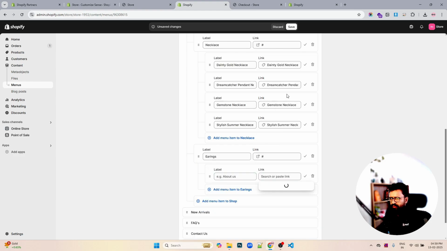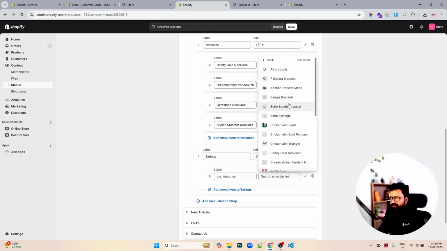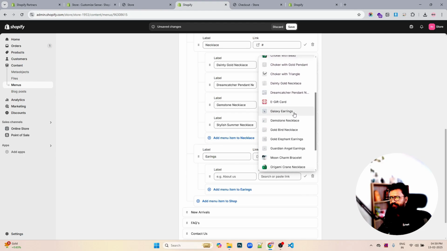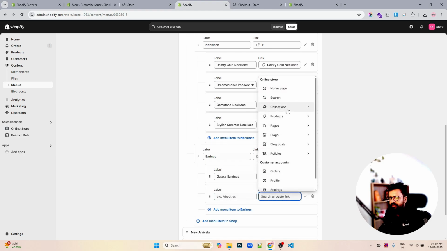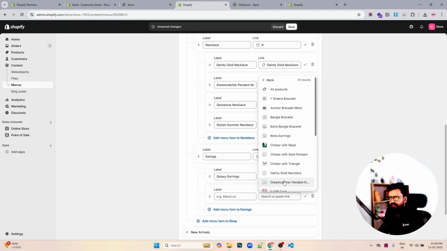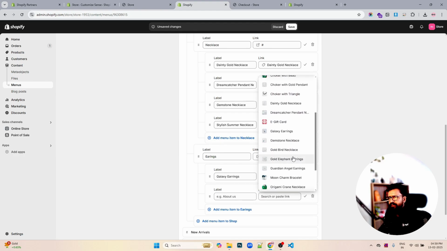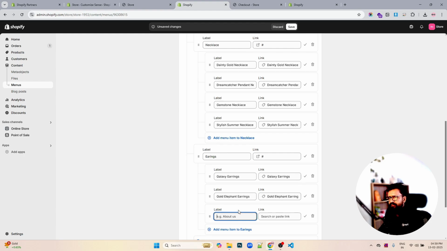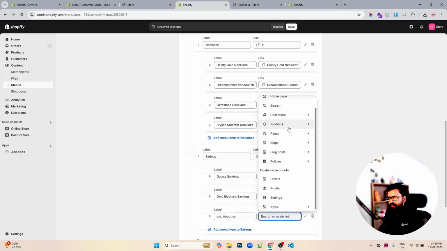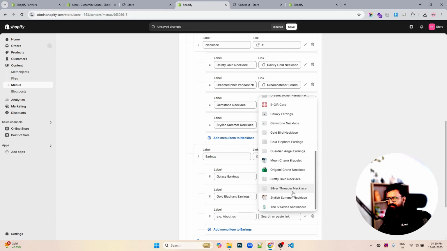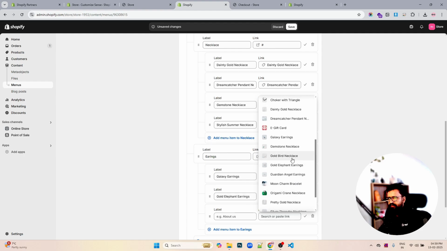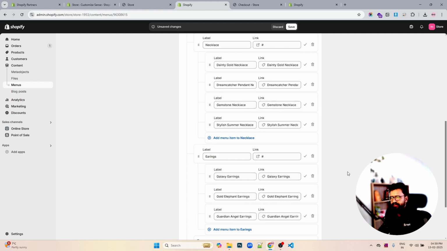I'll add earrings, and then one more earring product, and we'll add one more earring, and a final earring. Basically it takes the name automatically, so that's why I'm using this. Yeah, I guess I'll just reuse this earring. Okay, all right, so if I save it,